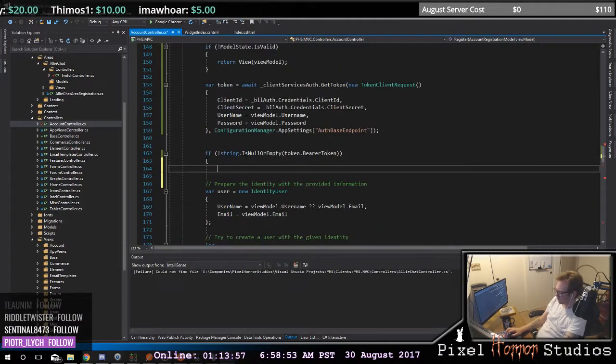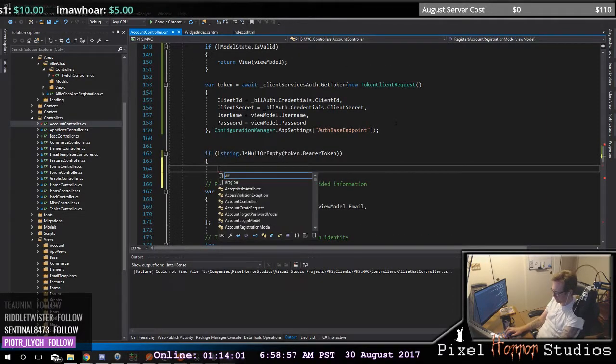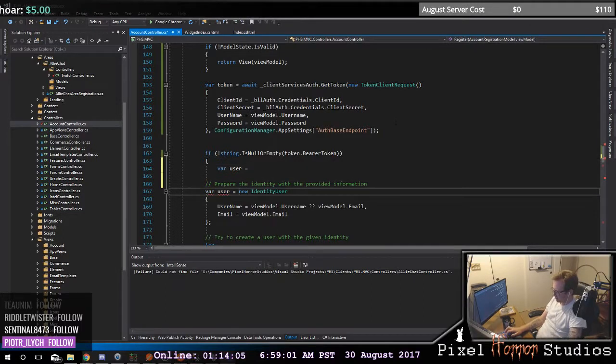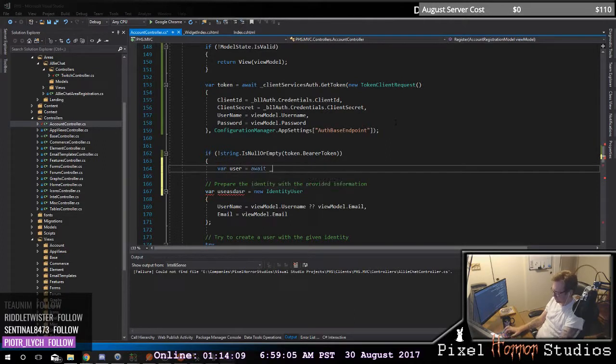Now here what you want to do is try to get this username, right? So it's going to be a var user equals, and this is just going to be something like this. And this is going to be an await, and it's going to be a client services auth dot client services alley chat dot